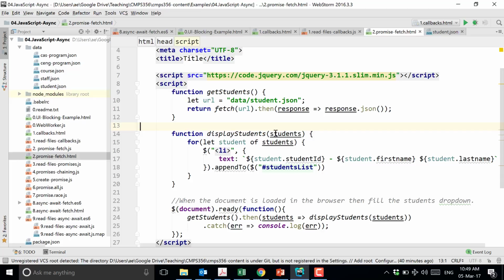To do this asynchronously, JavaScript comes with a function called fetch. You give fetch a URL from where you want to fetch the data. In this case, I want to get it from the same website, from the data subfolder, student.json. And fetch returns what is known as a promise. Fetch is not synchronous. It's not like add, where I block and get the result. It's asynchronous. So here I say then, in the future, when I get the student, I will take the response and convert it to JSON.